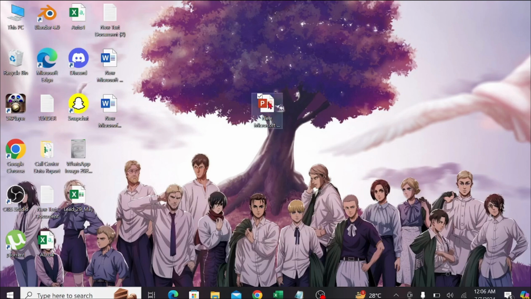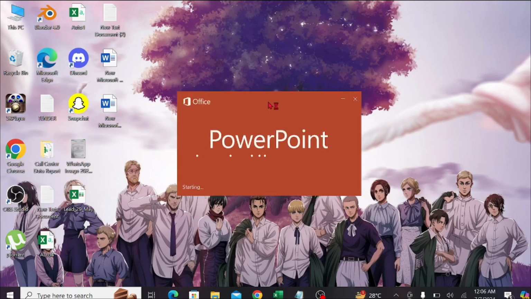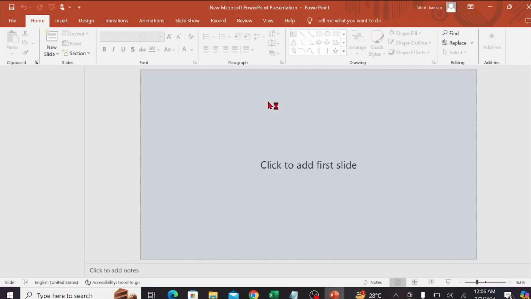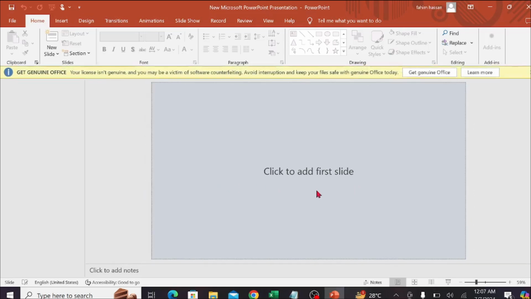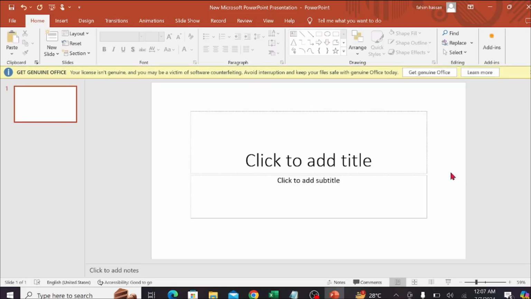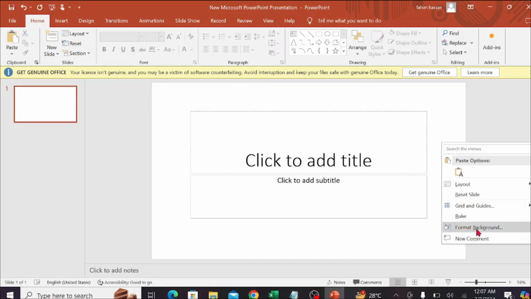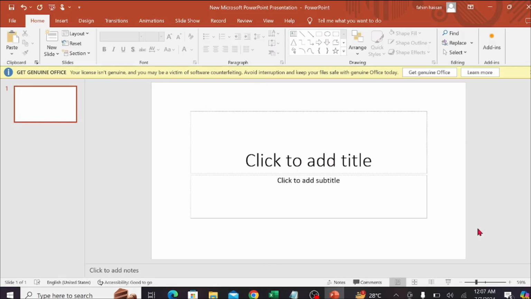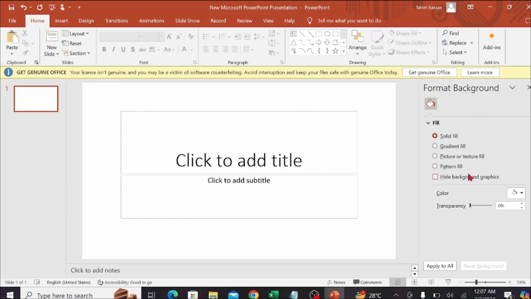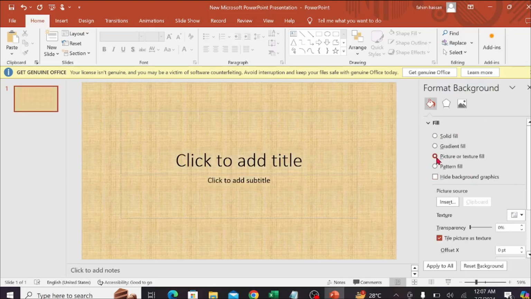First of all, open your PowerPoint presentation, and now all you have to do is right click on the slide option and go to format background. Click it, and after that you can see picture or texture fill. Just click that option, and here you can see picture source. Click the insert option,